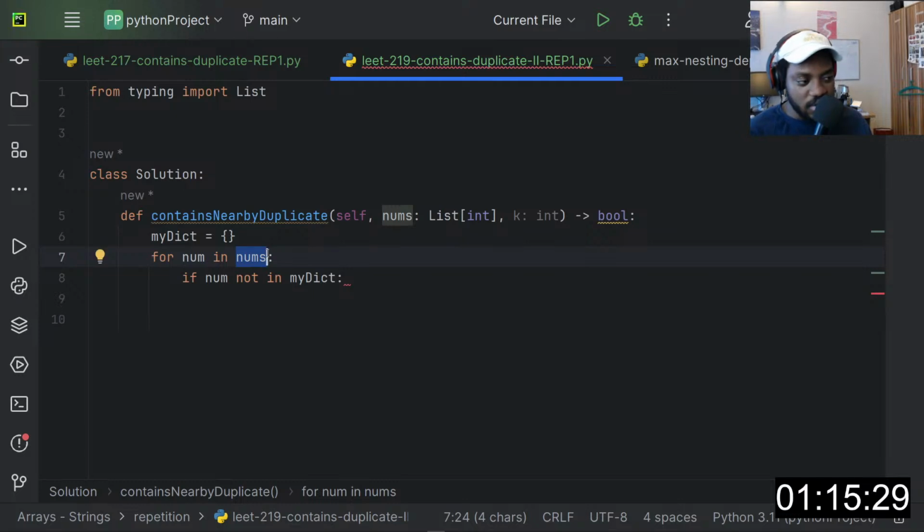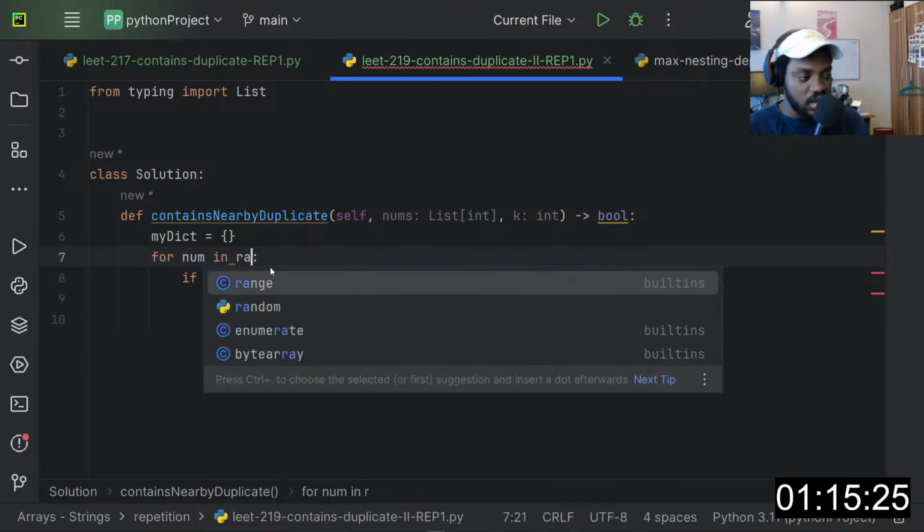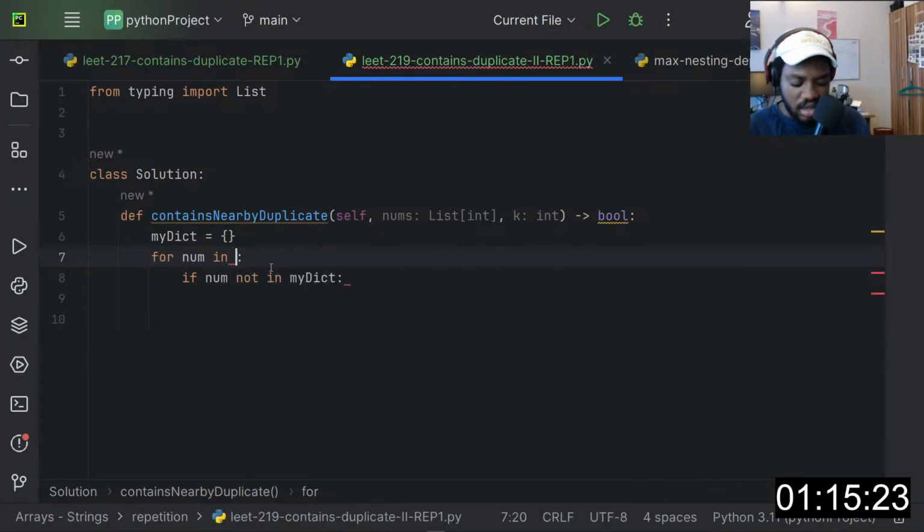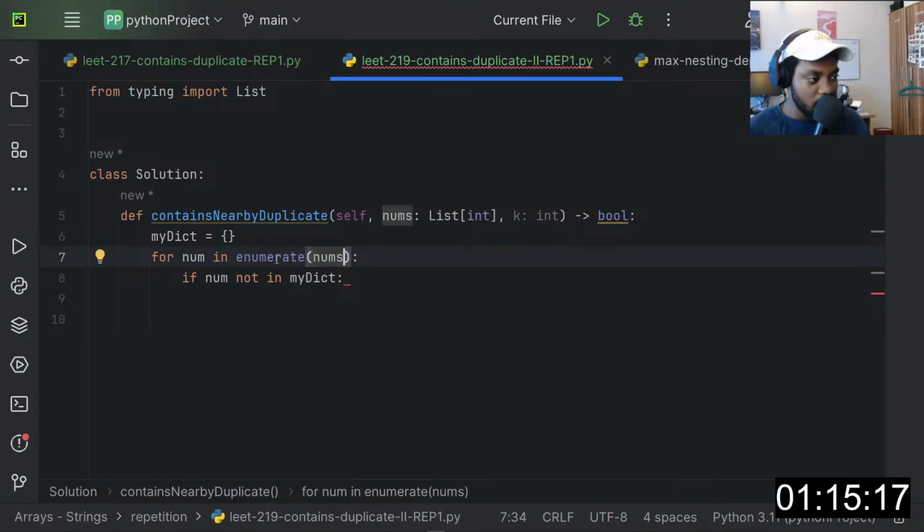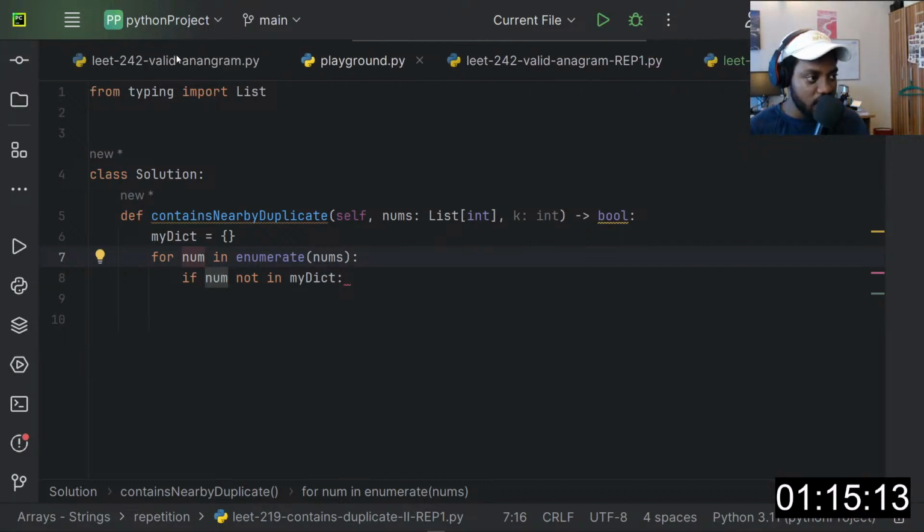You know what, this is not it. We can just do range. Wait, if we do enumerate, we can pass it this value and then we'll have the key value pair.